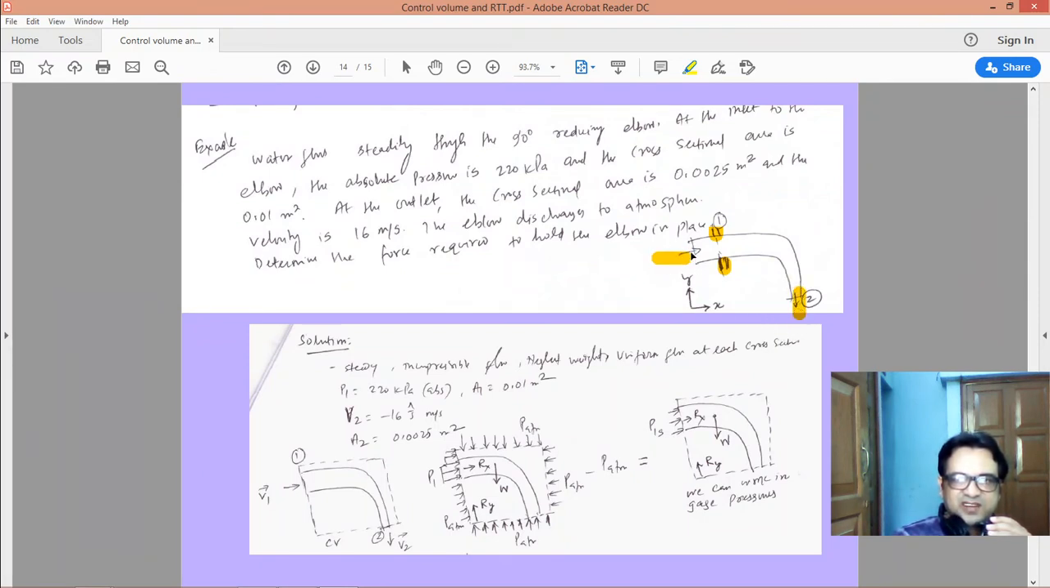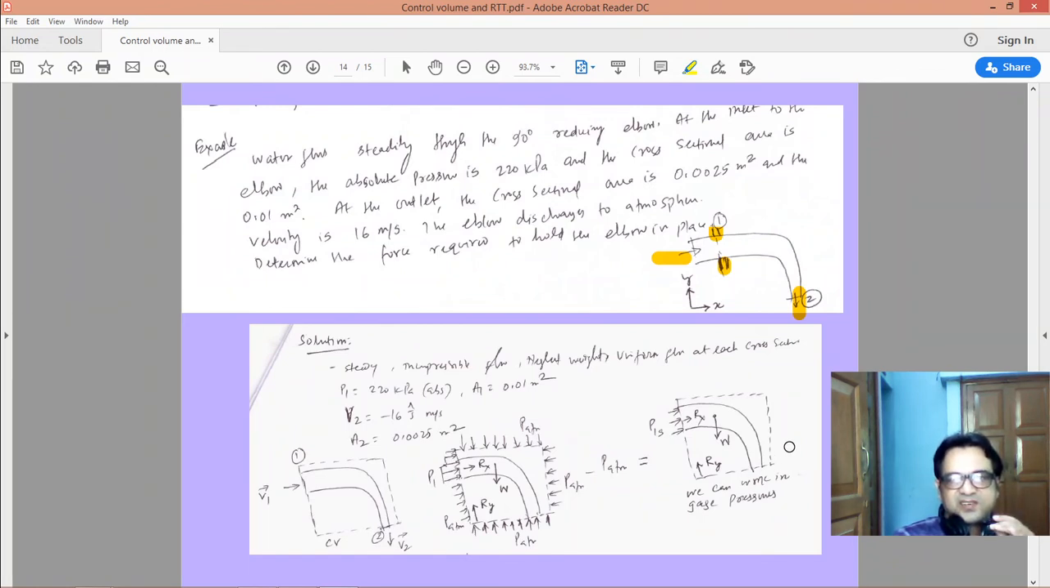So pressure at location 1 is given, and pressure at 2, it's discharging to atmosphere, so it's atmospheric pressure, and velocity is given at the outlet and cross sectional area at 1 and 2 is given. So the question is, what is the force required to hold the elbow in position? So the first